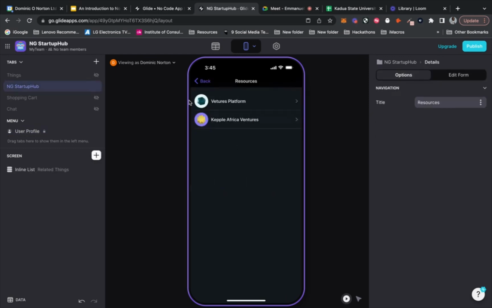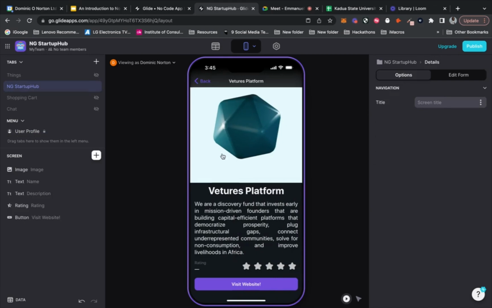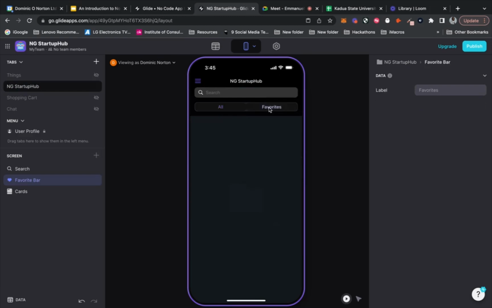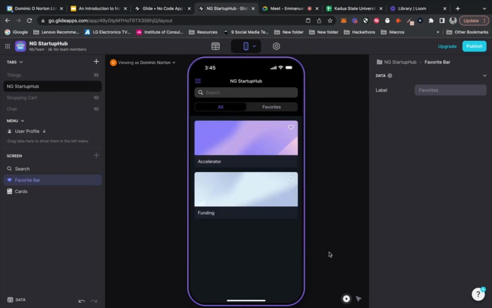Just double checking everything is how we want it.